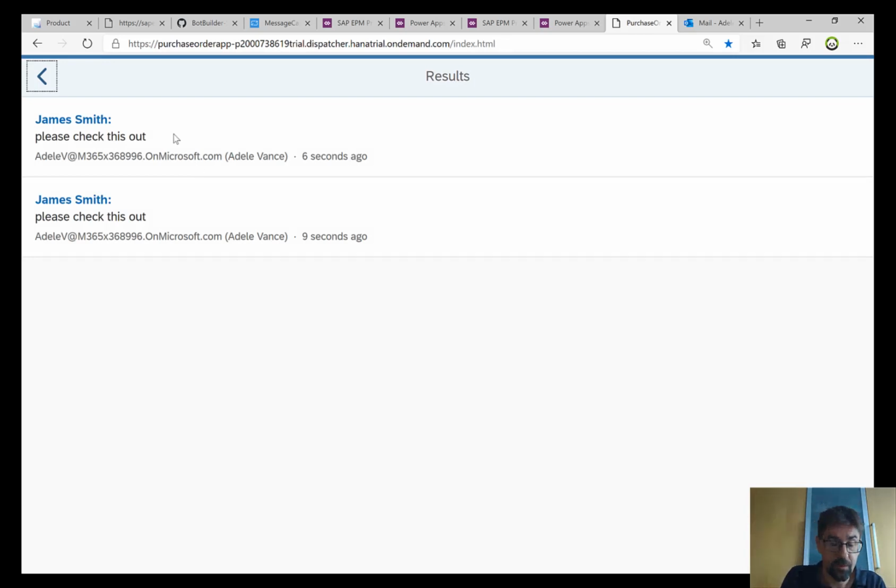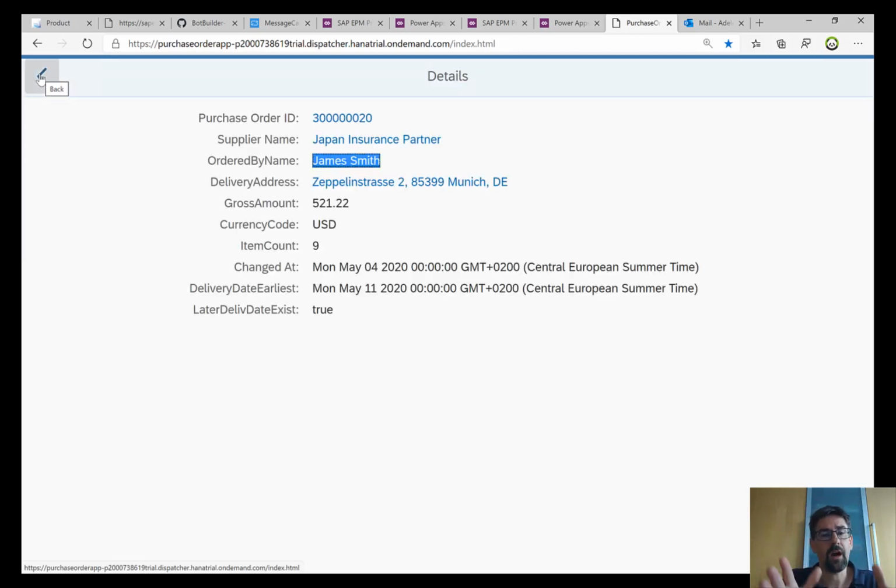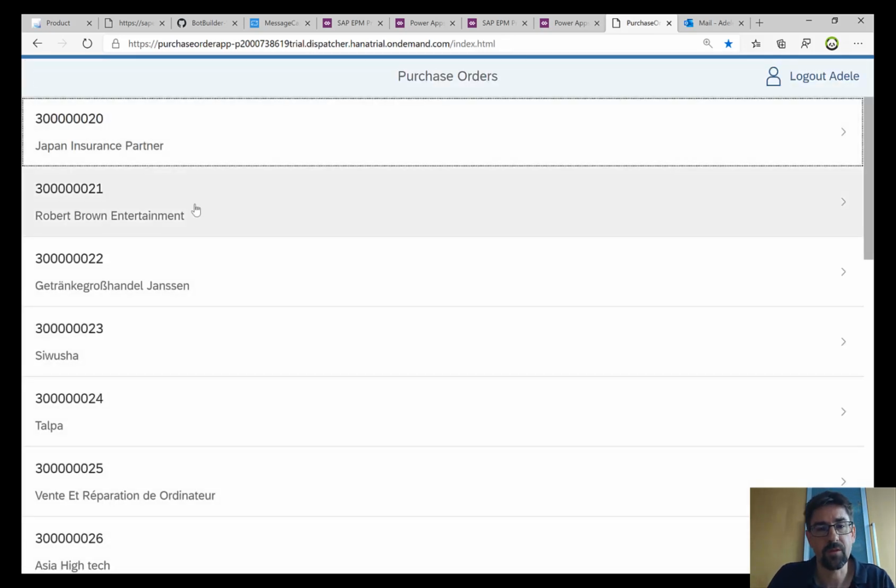And that's obviously very easily explainable, because one is in the sent folder, the one that I just sent, and then the email that I actually received. But the beautiful thing here for the end user is that I get data from SAP, and I also get data from the Microsoft universe. And obviously we connected to an email.